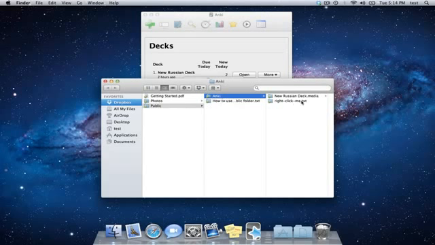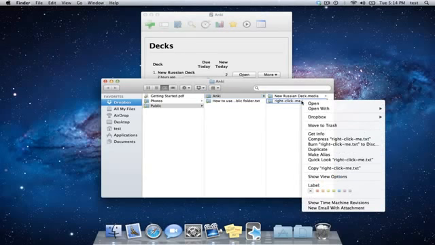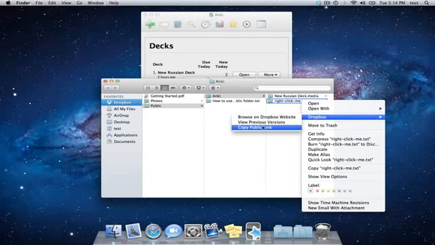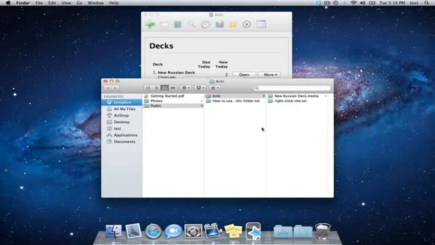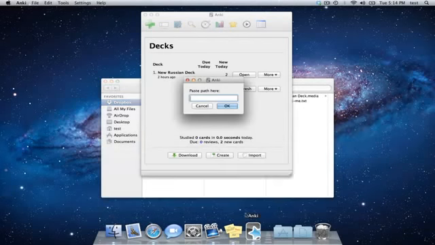Okay, what you want to do is right-click that. On a Mac, you're going to hit Control and then click. You're going to go down to the Dropbox menu, and then you're going to copy the public link. Okay, this tells Anki where to find all your files on the internet. If you go back to Anki, it's going to ask you for the path. You paste the path. You can go to Edit,